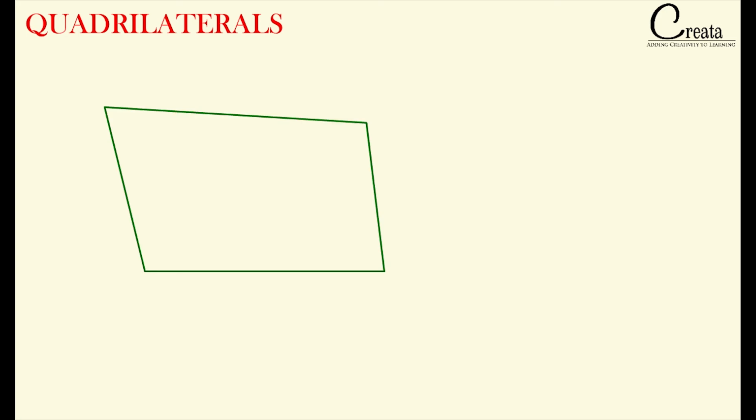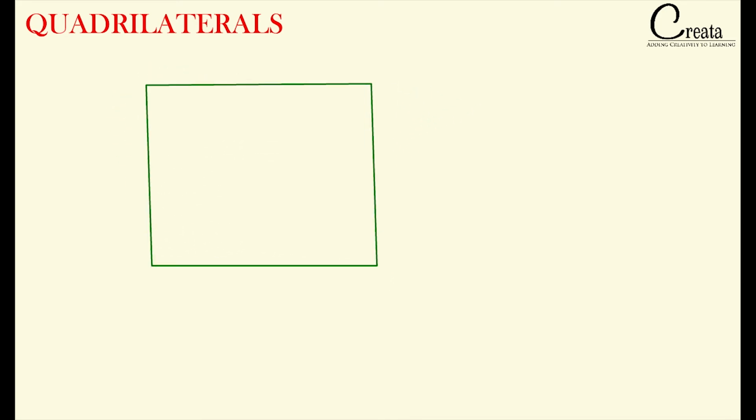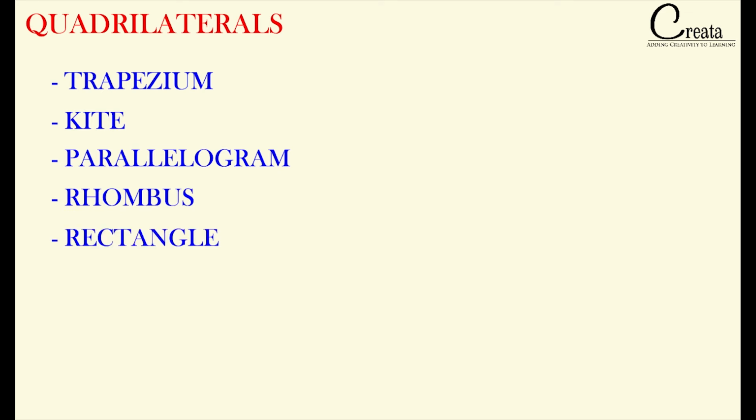Quadrilaterals, we have seen, are polygons with 4 sides and 4 vertices. Based on the nature of the sides or angles of a quadrilateral, they have been allotted special names, that are trapezium, kite, parallelogram, rhombus, rectangle and square. We will take these one by one and explain them in detail. Rhombus, rectangle and squares are special types of quadrilateral that we will cover separately in detail in our third video. In this lecture we will limit ourselves to trapezium, kites and parallelograms only.